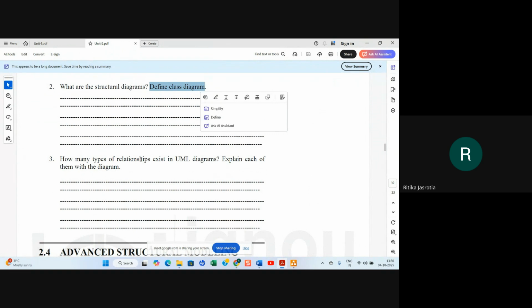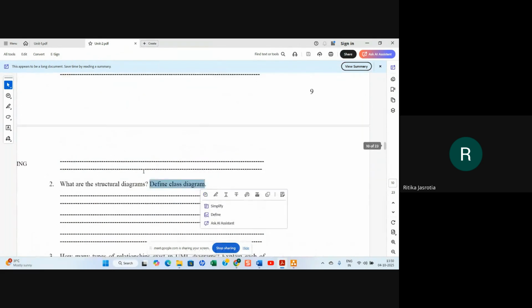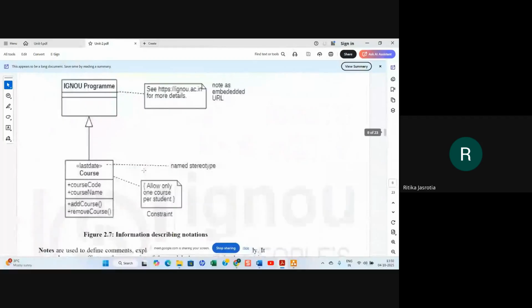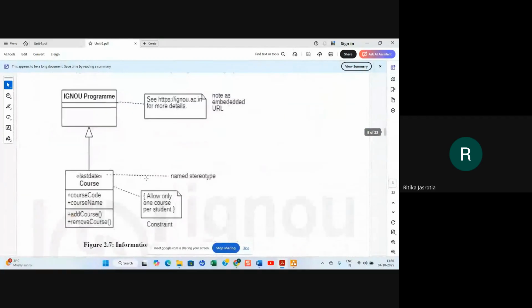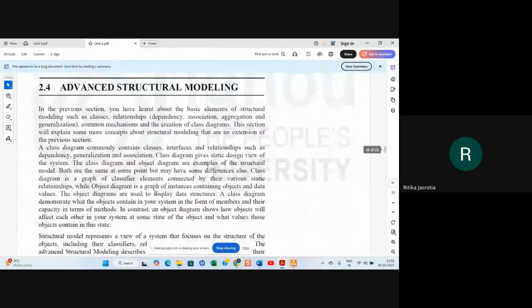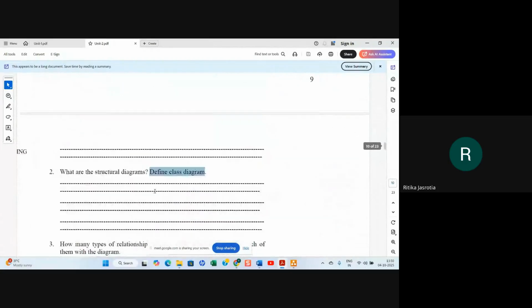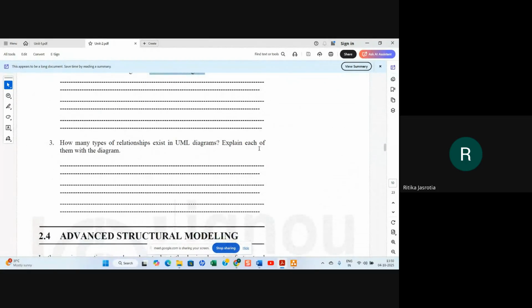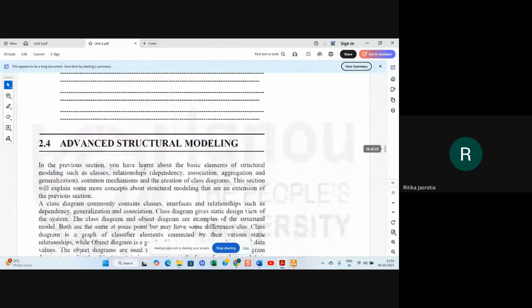How many types of relationship exist in UML? 3 types are there: dependency, generalization, and association, sorry. Association is also of 2 types, so we can explain each of them with a diagram. You can find the answers at the end of the topic.